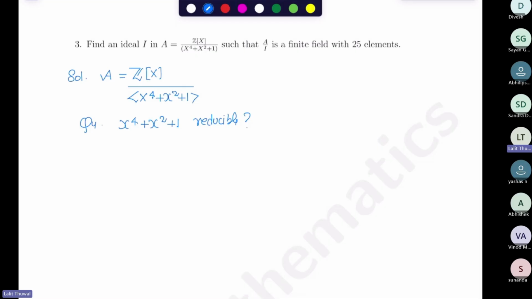Okay, Ria, what is your answer? Sir, it is reducible. Reducible or irreducible? Reducible. Okay, so what are the factors? Sir, x square plus x plus 1 and x square minus x plus 1. Sabas. Note that